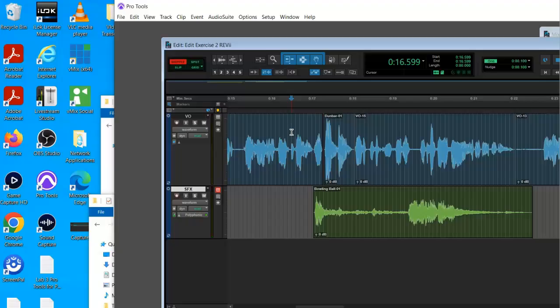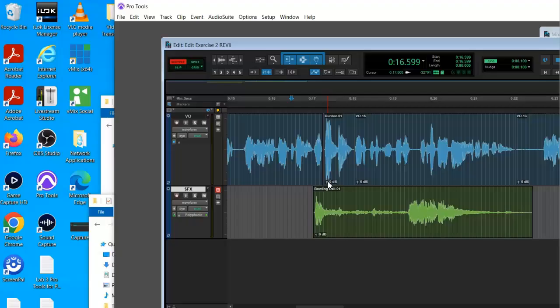Okay, so let's go ahead and change the volume. Notice that this waveform is way bigger than everything else. And there is a little helper tool that is called clip gain. That clip gain is in the lower left-hand corner of the clip. So if you see a 0 dB, that means you do have access to increase or decrease the volume of that clip.